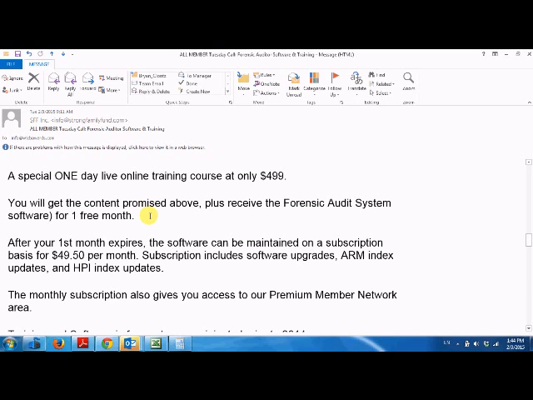Today is regarding our forensic audit software and training program. It's a special introductory time. The training is only going to be $499, so you're going to want to get in as soon as possible before that price increases. This is only a one-day training class. We have a three-day training class as well, which is a lot more expensive. But this one is going to give you everything that you need, and you will leave with the forensic audit